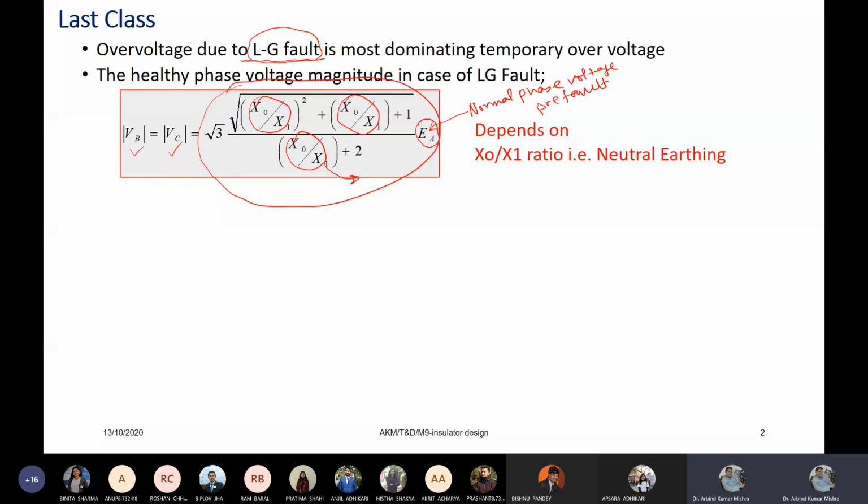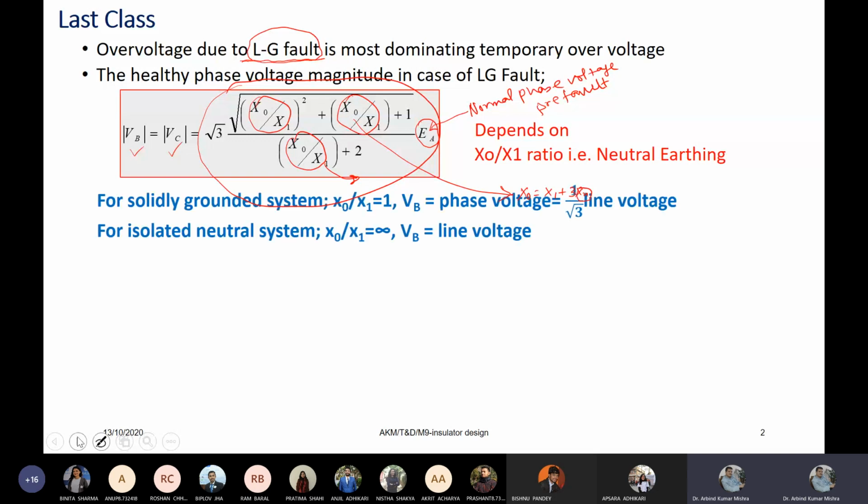Because x naught in general is represented by, you might remember, x naught equal to x1 plus 3 times the neutral impedance. So in case of isolated neutral, this becomes infinity, and that's why the overall x naught is infinity. And that's why people also say that if we model the system with isolated neutral, then the zero sequence equivalent circuit diagram